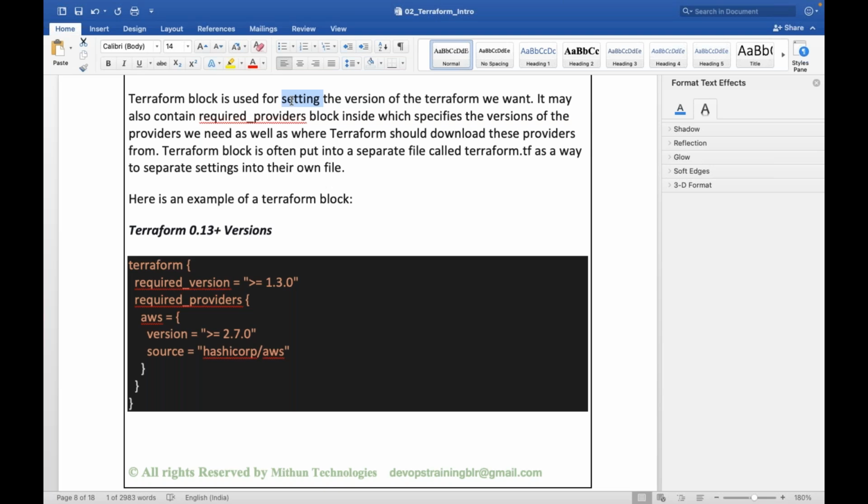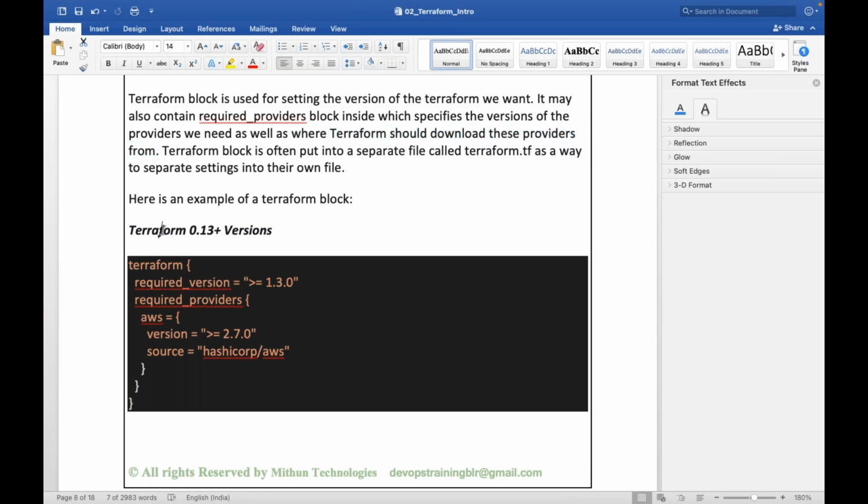Within the Terraform block, you can define required providers, which specify the version of the providers we need, as well as where Terraform should download these providers from, what provider is required, and what version of the provider is required.